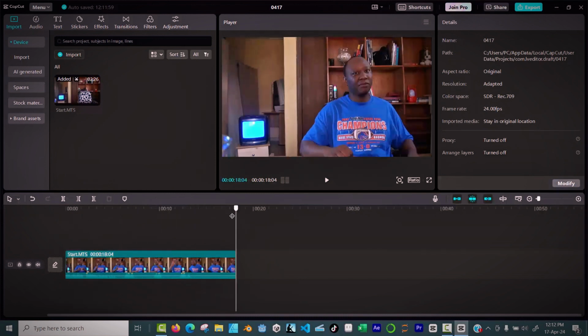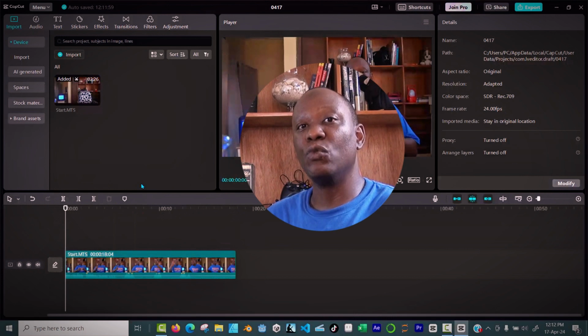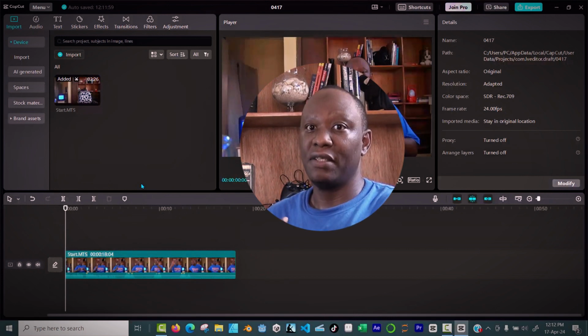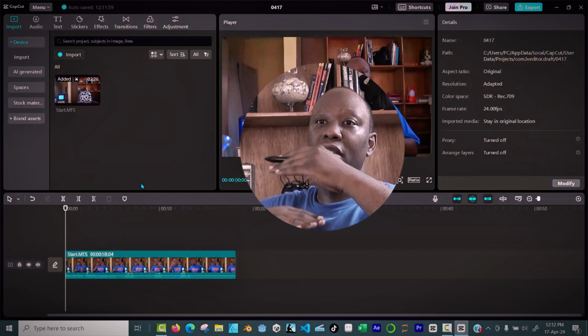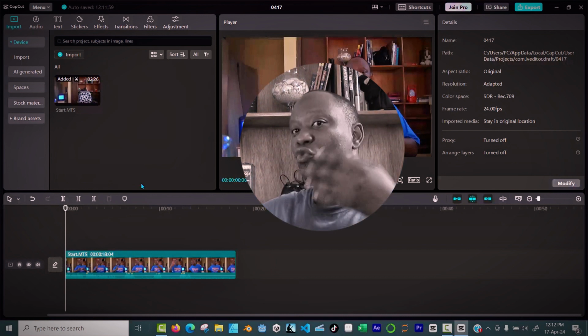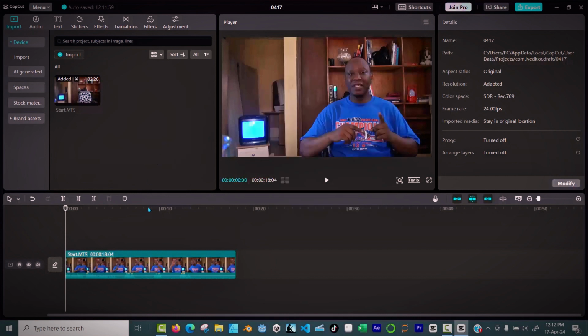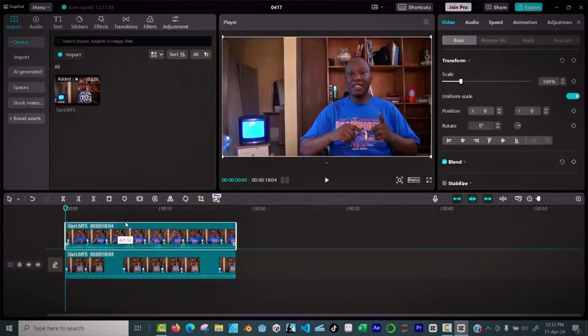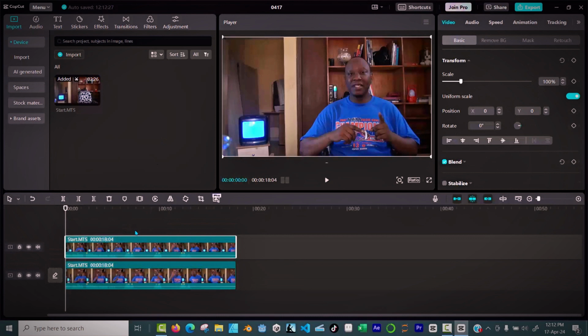let's go ahead and see how we can remove the background. The first thing we'll need to do is copy this video. We want to separate the character and the background. By cutting the character, we can do whatever we want with the background. So I'll hold Alt, click and drag up like so, and you can see we've dragged this character right here. So what I'm going to do is select this layer at the top